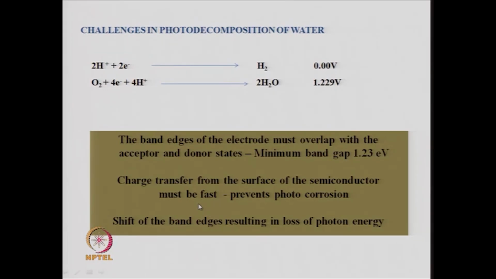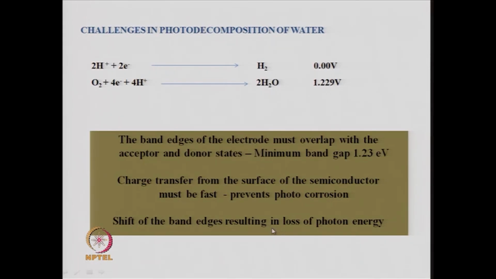The charge means you have electrons and holes in the semiconductor, and they are required at separate parts of the material for reaction, and they must not recombine, otherwise you do not use the electron and the hole. So, charge transfer must be fast to prevent what is called photocorrosion, and